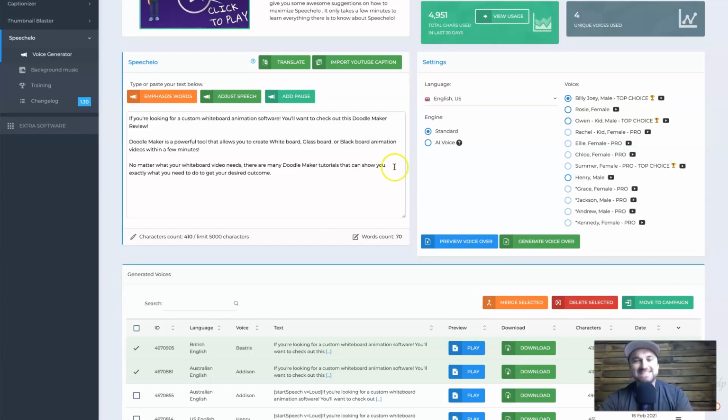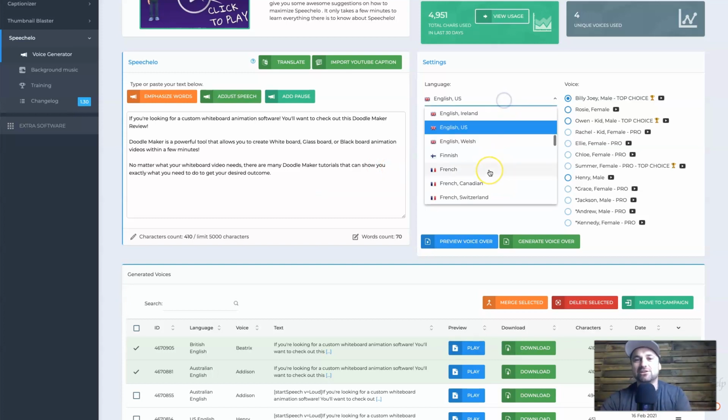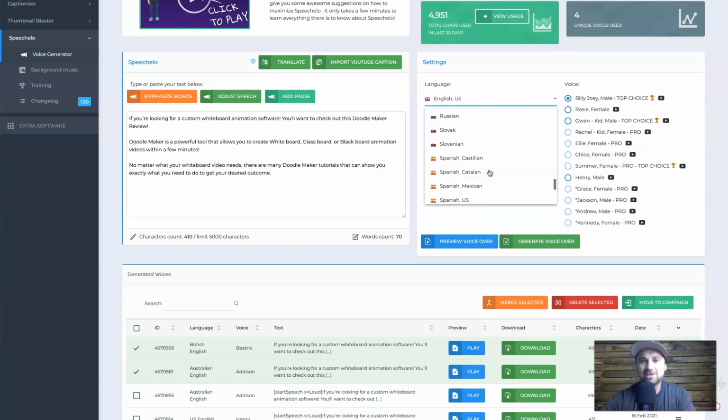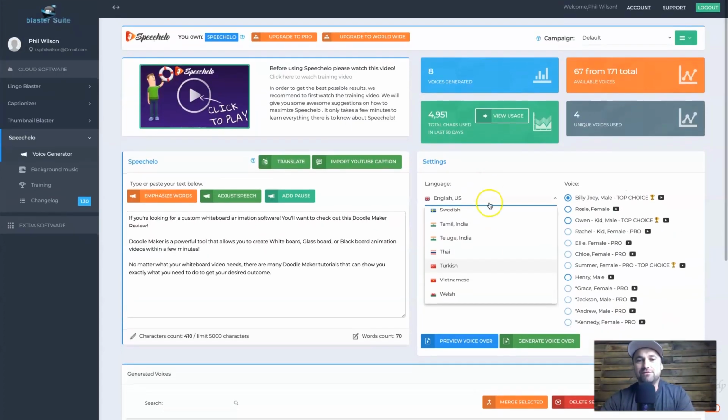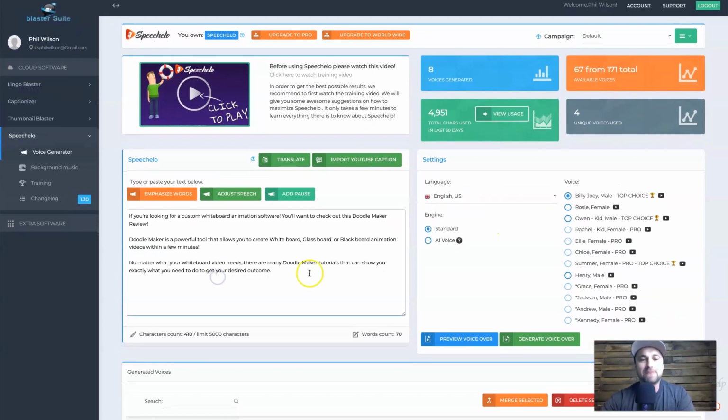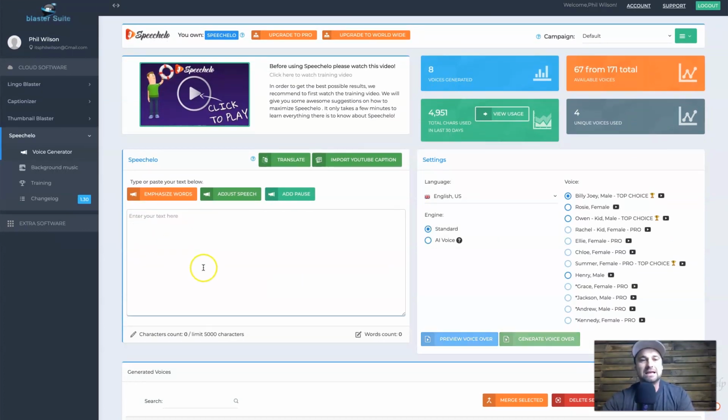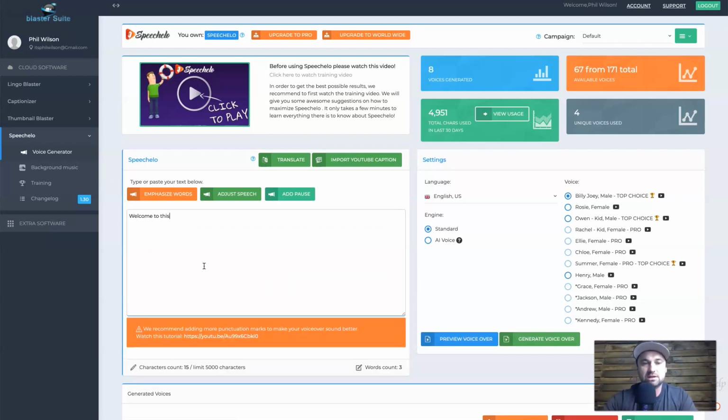So you guys get the idea of how it actually works. And just to let you know, there are loads of different accents that you can actually choose from. It's a very powerful tool. So to actually make this work right, all you need to do is basically type in the text you want to use. So for example, if I said,